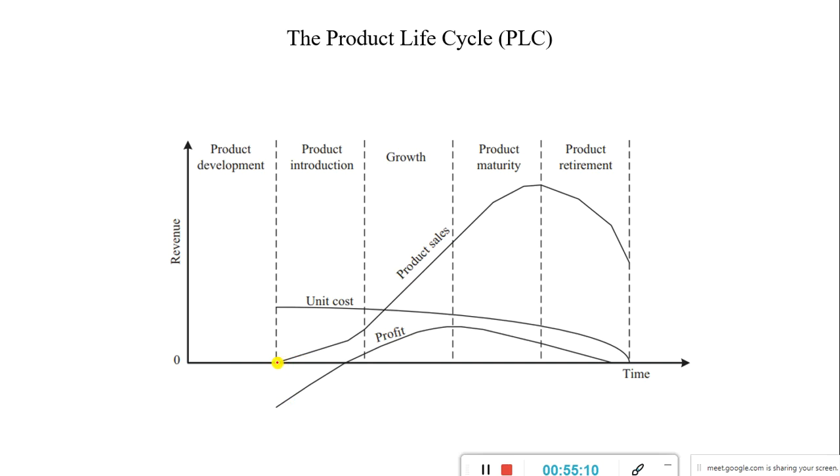So initially the product sales of any embedded system you consider will be very low, and profit will be negative. The unit cost will be in the higher range. As you increase the product sales, the revenue increases, profit margin also increases, and per unit cost decreases. But at one point of time, the sales go into the saturation region, and from then onwards it starts going downwards. At this peak, the revenue of the company will be in the higher range. Now what they do is stop that particular product and